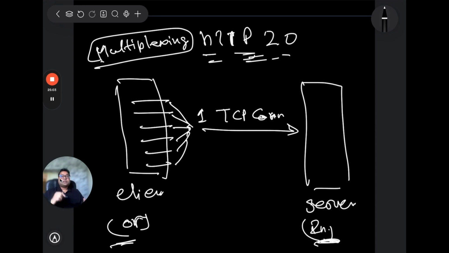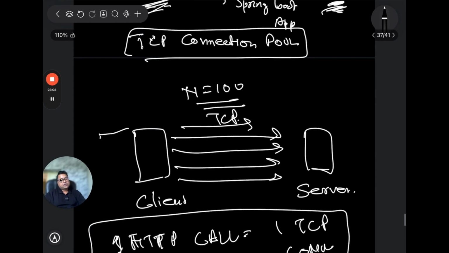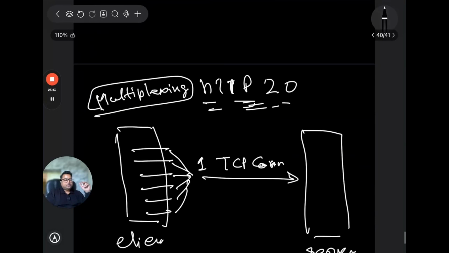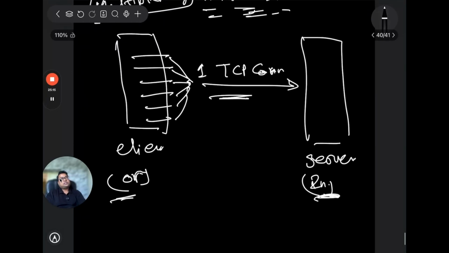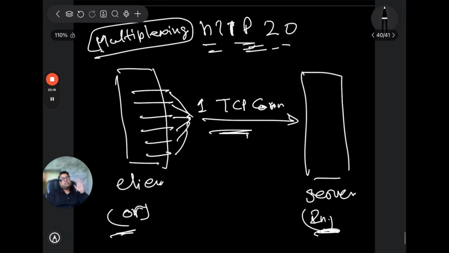So you see, if you go to the other slide and look at HTTP1, you are making multiple connections. And here, HTTP2 is using only a single TCP connection. That's the beauty of HTTP2, and that is why gRPC is faster: it doesn't use HTTP1, it uses HTTP2, so it uses the concept of multiplexing.